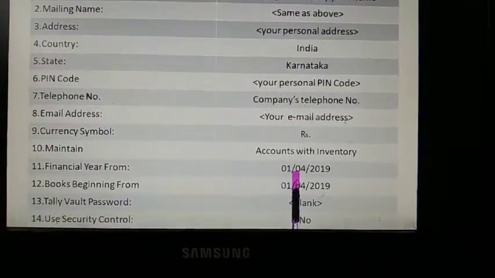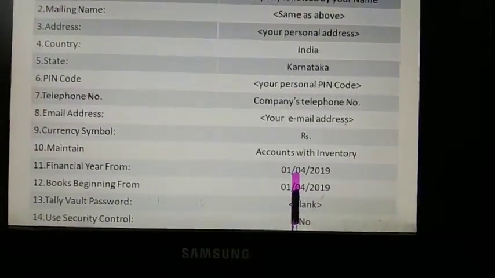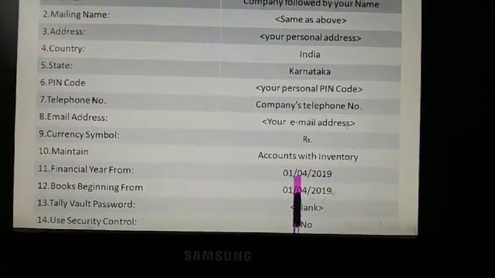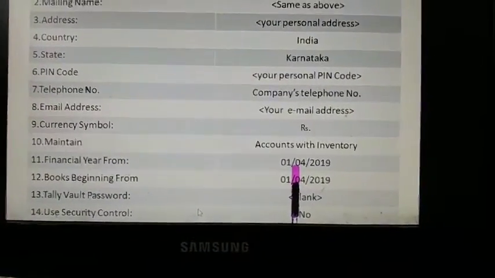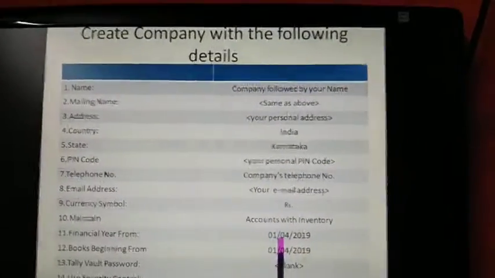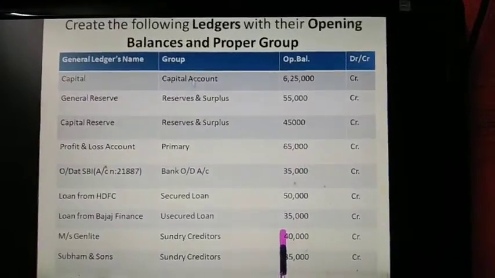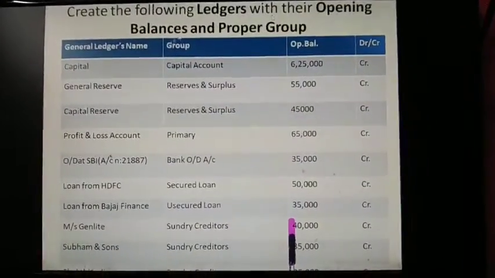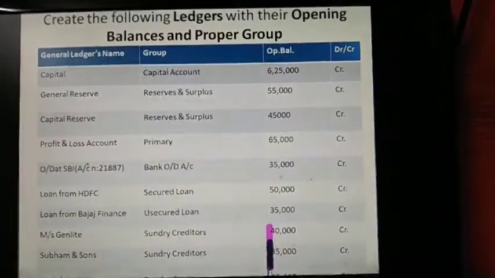Give the financial year from 1st April 2019, books beginning from 1st April 2019 again. Tally vault password is blank and use security control is no. So this data is only for the creation of the company. Then you create ledgers with all of these.